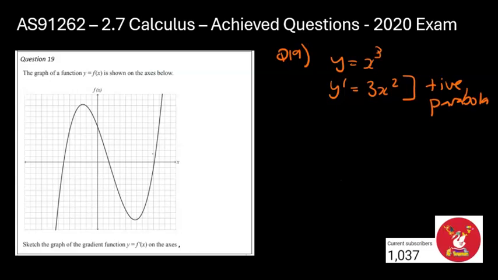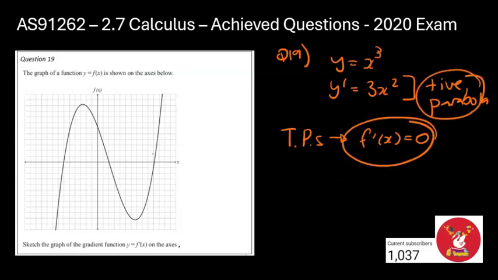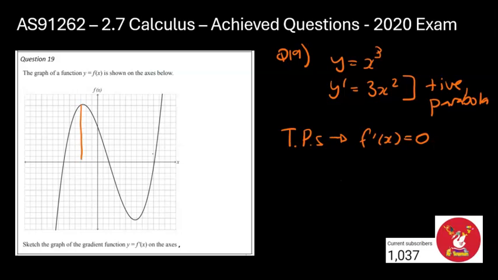at these turning points, so let's call them the TPs, we know that f dash x will be equal to 0. So what we know is it's going to be a positive parabola, and because f dash x will be equal to 0, we know where the 2 x-intercepts are going to be. So if we follow this point down to the x-axis, it's going to be kind of here-ish, it can't be exact,